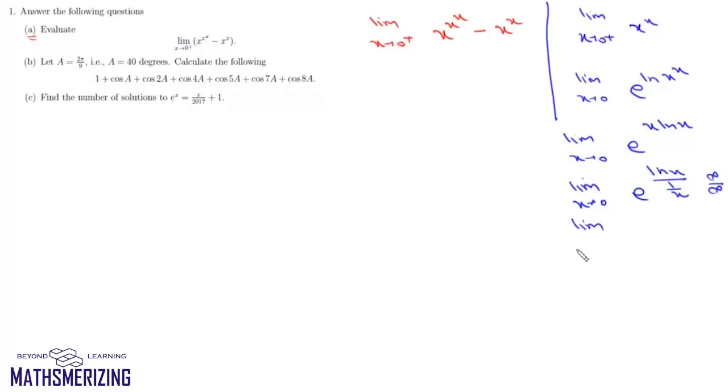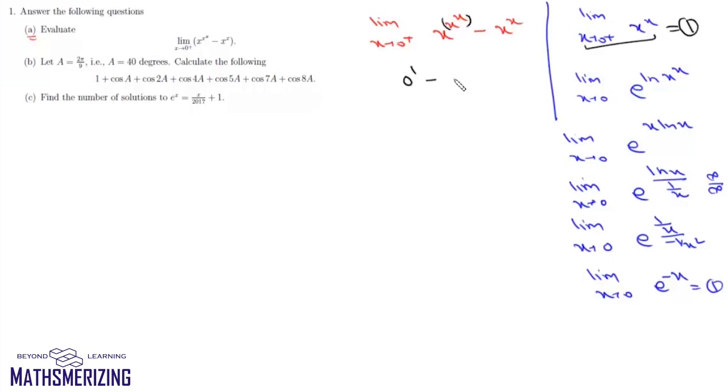So we can use L'Hopital's rule. So we'll differentiate. So we can write limit x tends to 0, e to the power 1 upon x upon minus 1 upon x square. So it will be limit x tends to 0, e to the power minus x, and e to the power 0 is simply 1. So value of this limit x tends to 0, x to the power x is simply 1. So we'll solve this limit. And I think in the question they should have given this x to the power x. So we'll put this limit, then it will be 0 to the power 1 minus 1. So answer to this limit in that case will be minus 1.